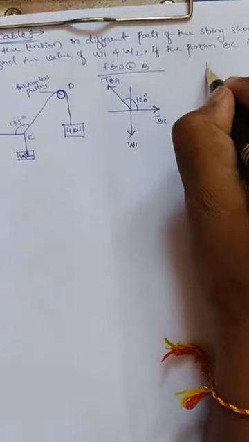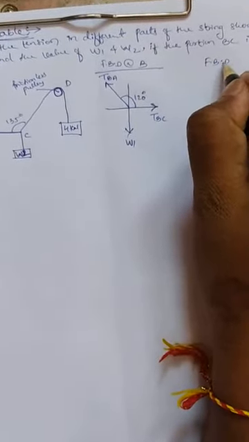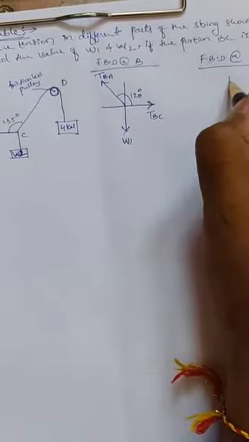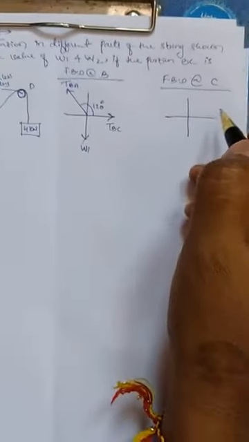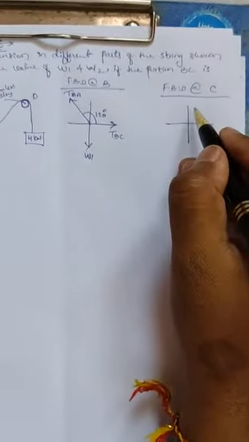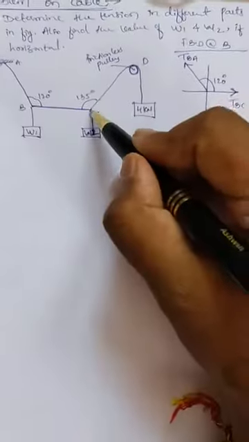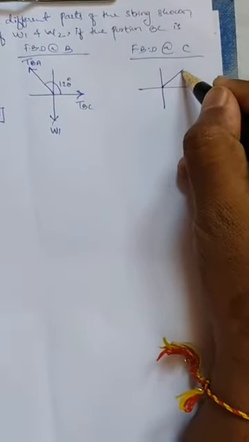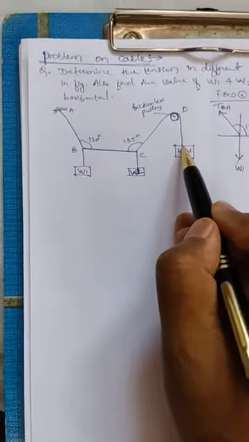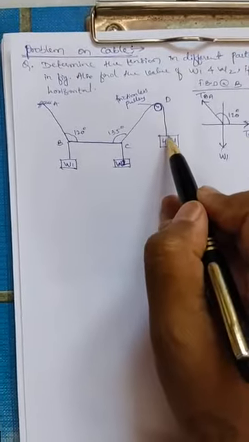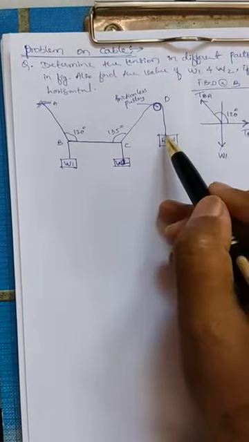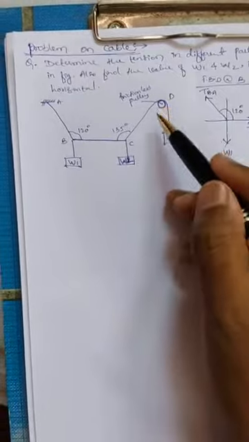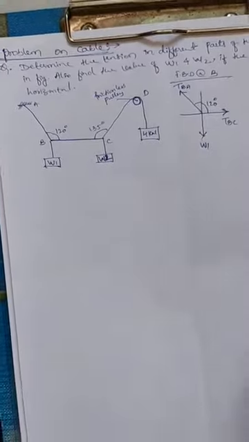So let us draw the free body diagram at C. When I draw the free body diagram at C, portion CD is in the first quadrant. Whatever weight is attached to the free end of portion CD, that amount of tension will be created in CD. Here the weight is 4 kilonewtons, so the tension created in segment CD is 4. So the force in member TCD is 4 kilonewton.